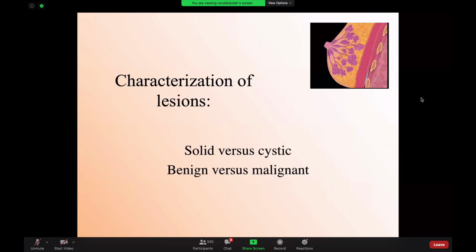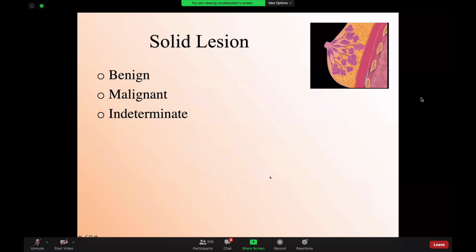So if we talk about characterization of lesion, I think ultrasound is the best modality to differentiate between benign and malignant. I would say it's even better than MRI and than mammogram. So your first question, when you see a lesion identified on mammogram, you want to be sure: am I dealing with a solid versus cystic lesion? Because common is common. If you have a cyst, then cyst is usually benign. I don't need to do anything for it. If you have a solid lesion, you have to characterize that lesion further, and you have to know, are we dealing with benign versus malignant based on the ultrasound finding?